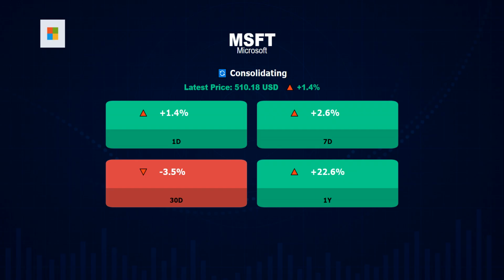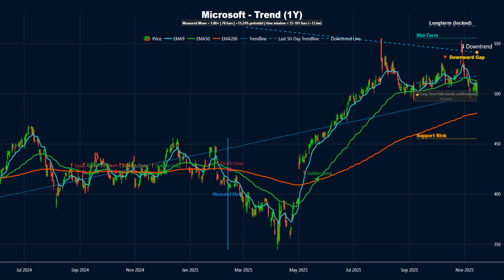Microsoft is bouncing against the main trend. Expect tests as price moves into resistance. Today, the stock has gained 4% and the 30-day trend points to a downtrend. A long-term structure is still above the 200-day EMA, but slipping under the 50-day EMA is a sign of medium-term